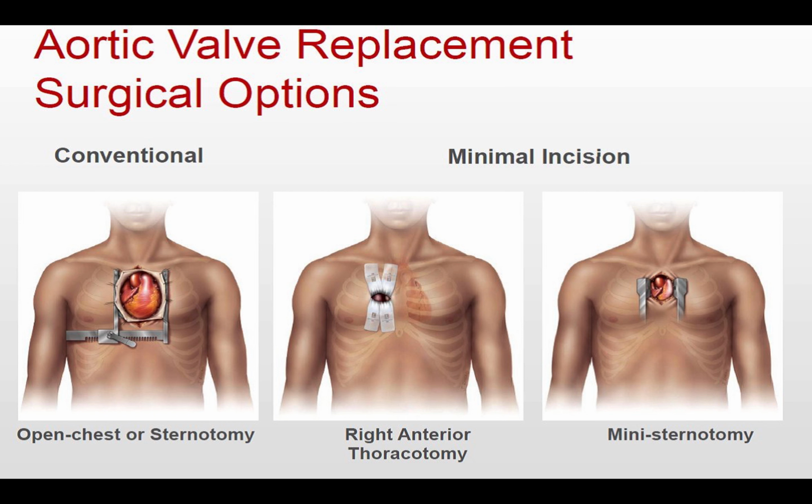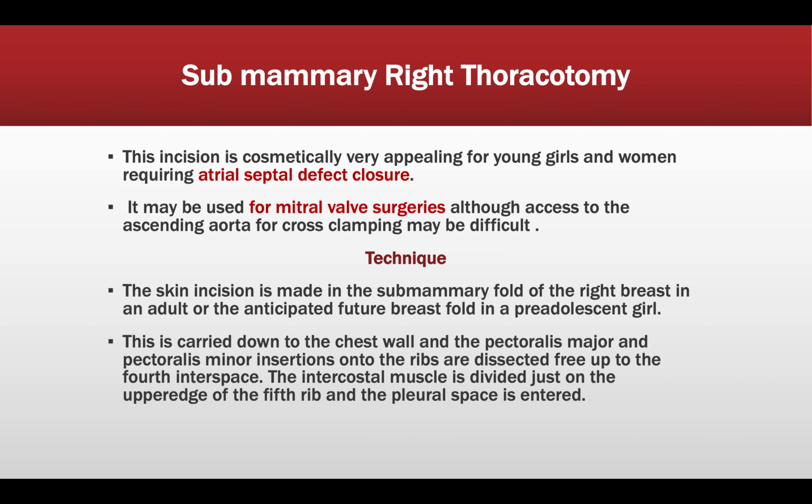The conventional approach is the one in which you do an open chest and sternotomy. In minimally invasive surgery, you do a right anterior thoracotomy and a mini sternotomy. With a submammary right thoracotomy, the incision is cosmetically well appealing, very appealing for young girls and women requiring atrial septal defect closure. It may be used for mitral valve surgery, although access to the ascending aorta for cross clamping may